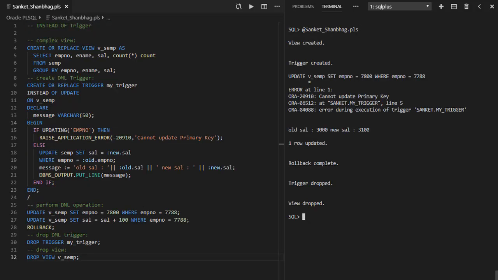In the next program, I am going to cover INSTEAD OF trigger. DML operations are not allowed on a complex view. We can perform DML operations on the underlying table when DML operations are performed on a complex view using INSTEAD OF